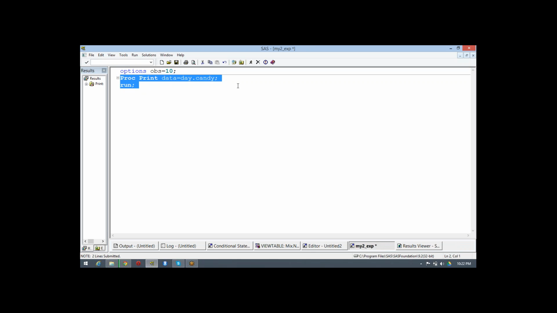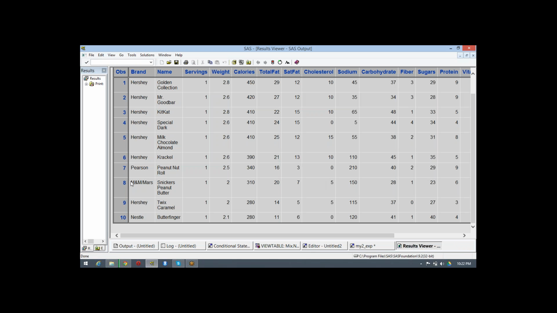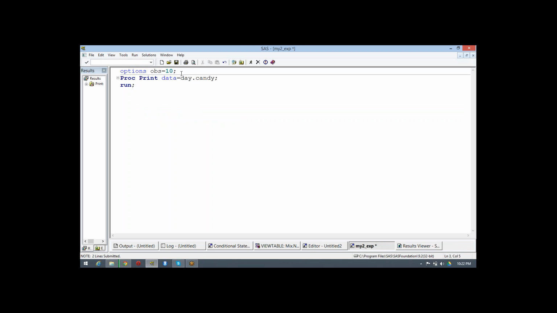Whatever is in day.candy, because we already knew day.candy has 675 observations, but in the output I am getting only 10 observations. It means we just provided a global statement saying that for any proc or any query you run, it will take only 10 rows. So here we are restricting it.